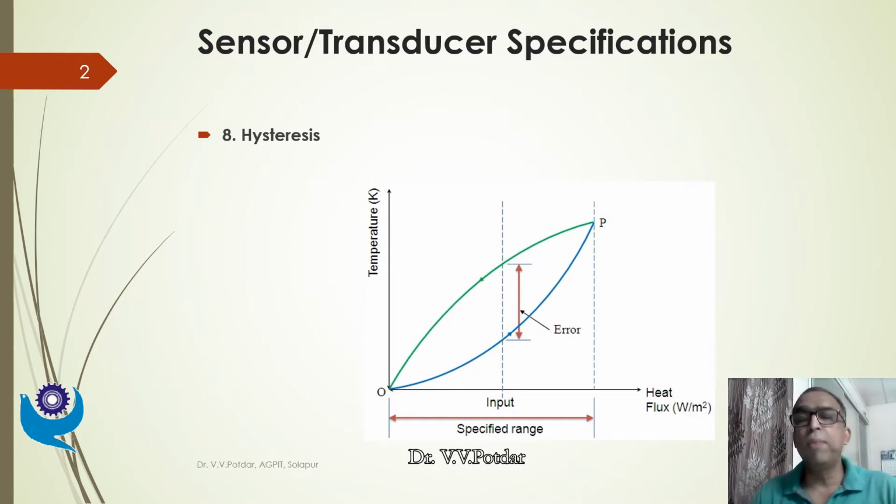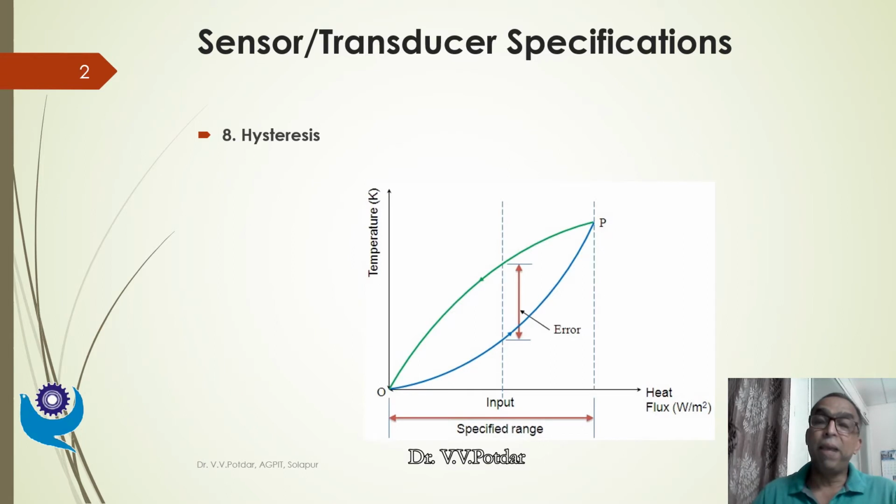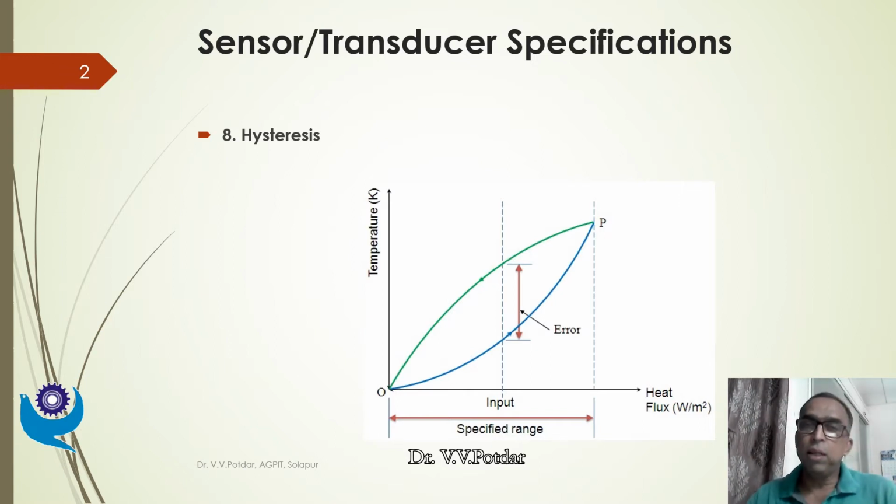This term is normally related with magnetization. We conducted one experiment wherein we have an electromagnet, wherein we varied the input current to that electromagnet, and the amount of flux that is developed, that is the flux density, the magnetic flux that is developed, is measured and that is put on the y-axis. If you remember, as I go on increasing the input current, it will show the increasing trend of magnetization. And when I go on decreasing the current,